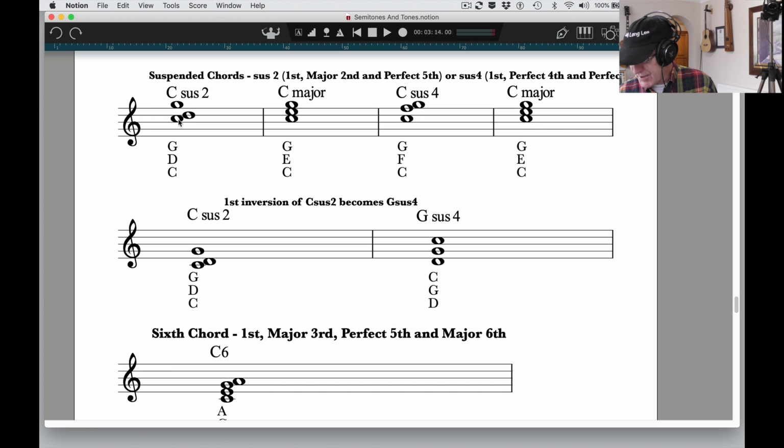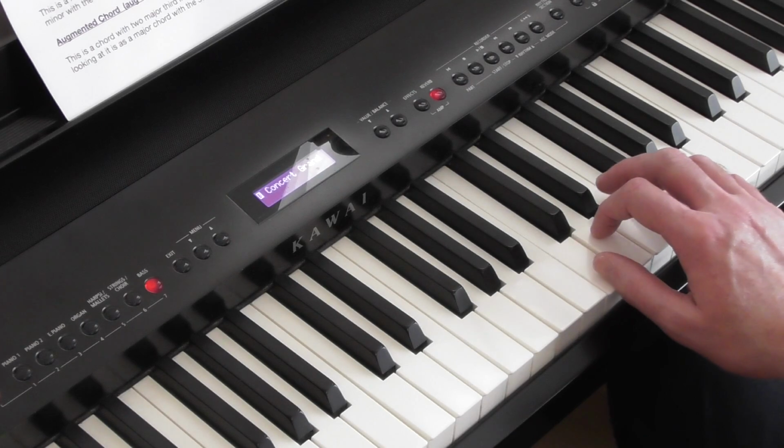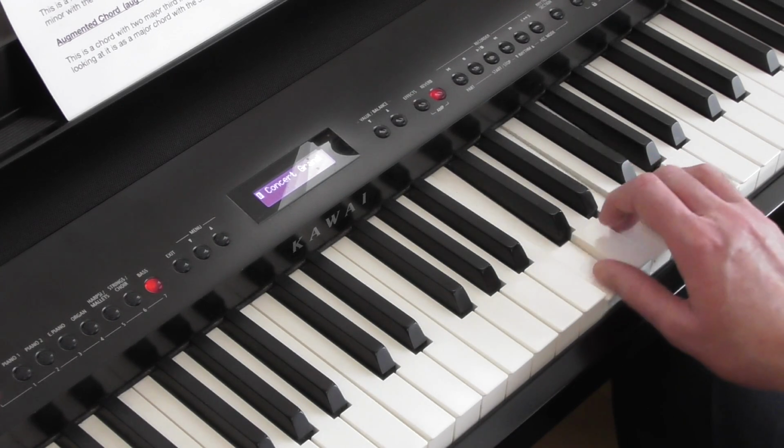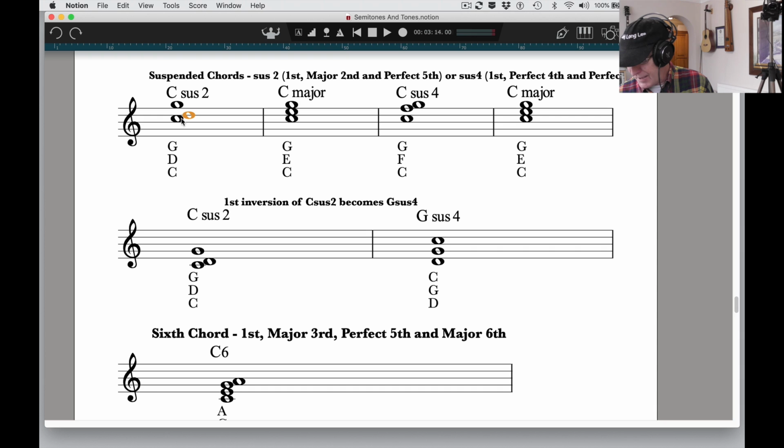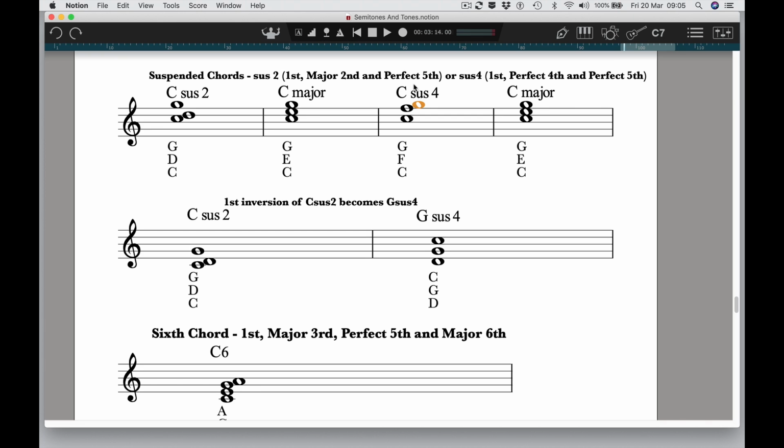So you'll notice how the C and the D are, and these are an octave higher than I've been playing. So they're up here and here, just an octave higher. Notice how the first and the second note are really close together. You can see that, can't you? And there's that G up there. So this is C Sus2, and there's C major. You can see how it resolves. And there's C Sus4, which is the fourth and the fifth, close together, and then again resolving. So just to be clear, suspended second: first, major second and perfect fifth; suspended fourth: first, perfect fourth and perfect